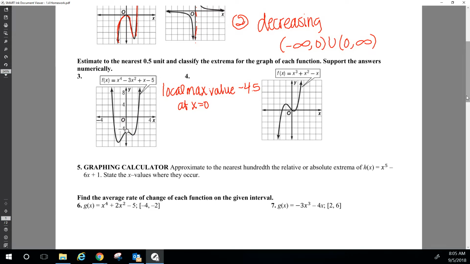And then for our minimums, I do have an absolute minimum this time. This is the absolute lowest part of my graph. So I can say an absolute minimum. And that value, let's see, that's negative 4. So 2, 4, 6, 8, plus a little bit. So let's say negative 8.5